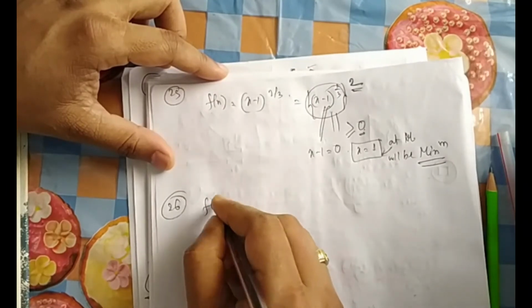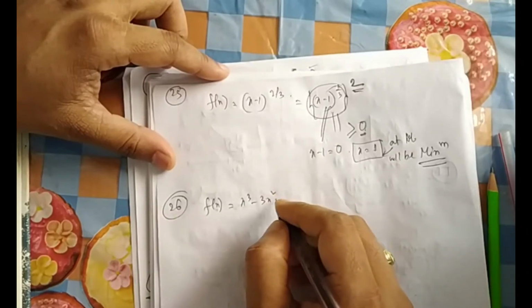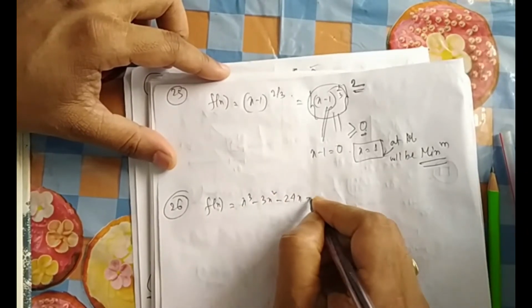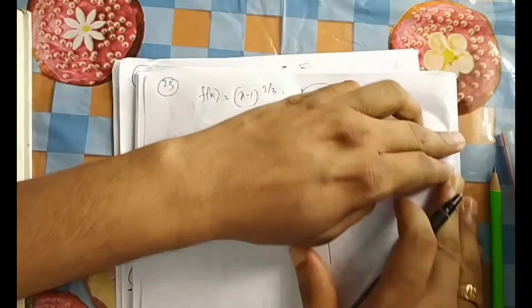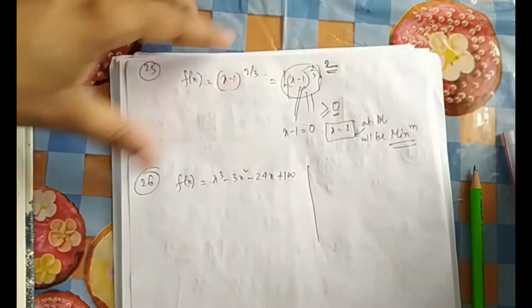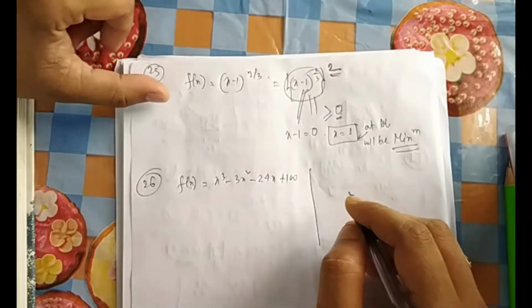Find the minimum value of the function, and here the interval they have given. It is the same as your question number 20. What we have done for maximum value, you see more or less the concepts repeat. The question doesn't repeat, the concept or idea repeats. That's why previous year questions are always very important.